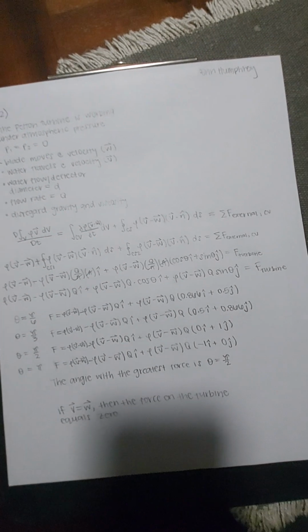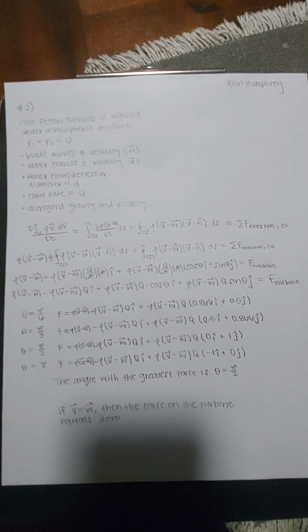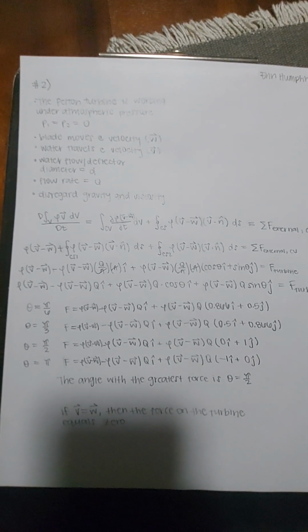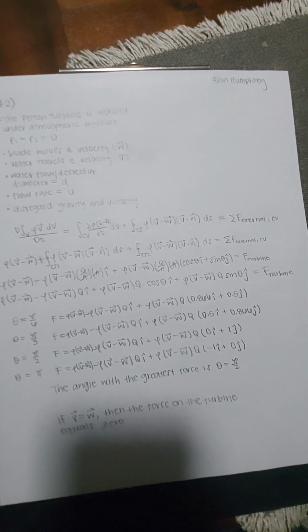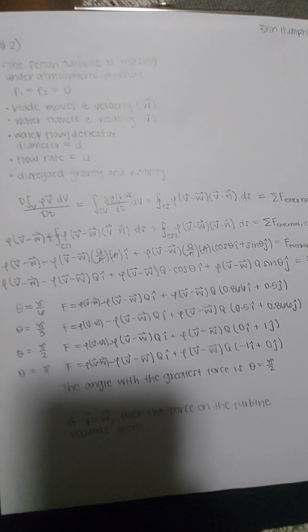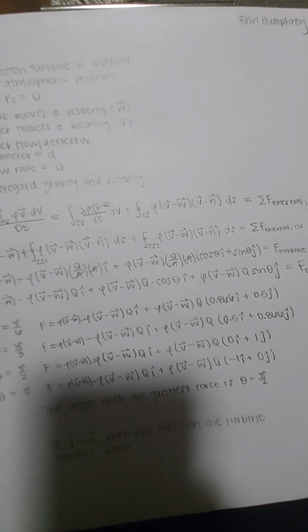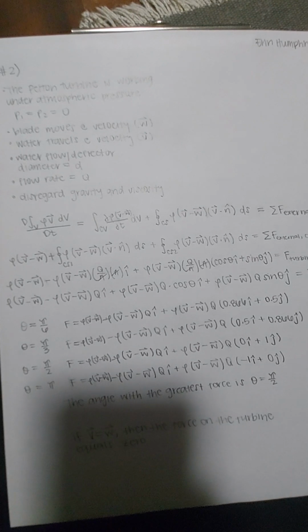And then for number 2, again, the water is subjected to atmospheric pressure, so at both control surfaces the pressure is 0. And then it was stated that we can disregard gravity and velocity, and since our control volume is moving, I left that in the Reynolds transport theorem equation, and then I just plugged in the values for